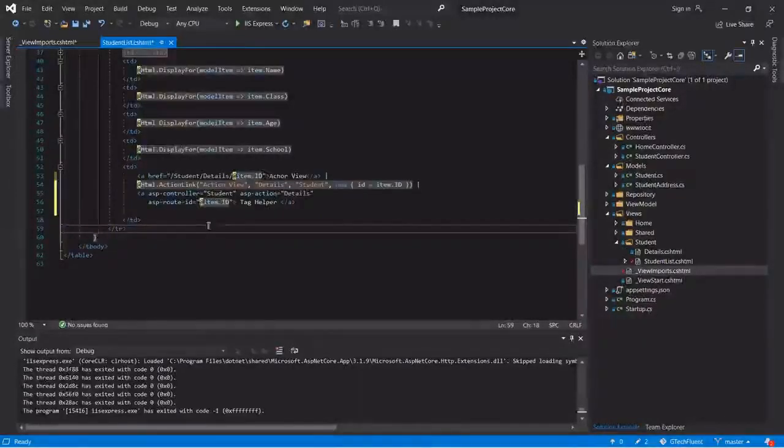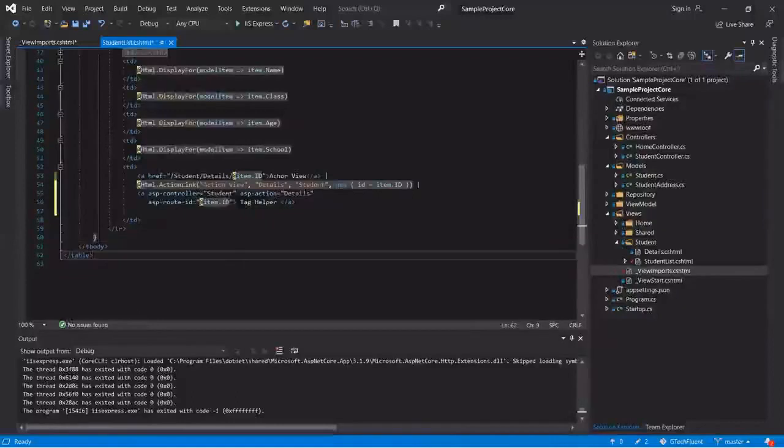If you omit this, it will consider the current controller as the controller for this link. asp-action is used to specify the action method based on our routing system. If you omit the action name here, then it will go to the current action.